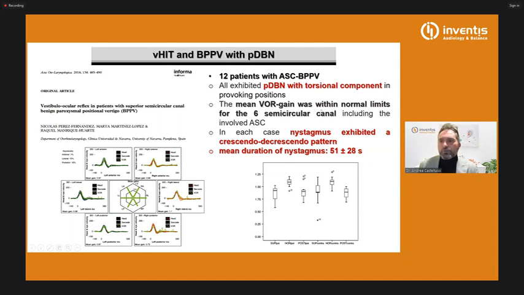The mean video gain was within normal limits for all the 6 semicircular canals, according to their measurements. But if we look at the inclusion criteria, they just included all patients with nystagmus that exhibited a crescendo-decrescendo pattern. It means that probably otoconia were free to float along the canal, and they were not